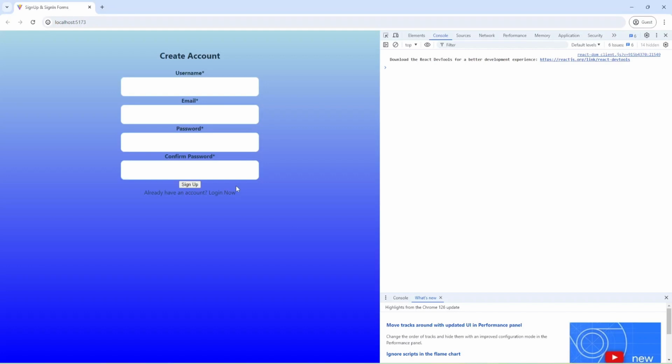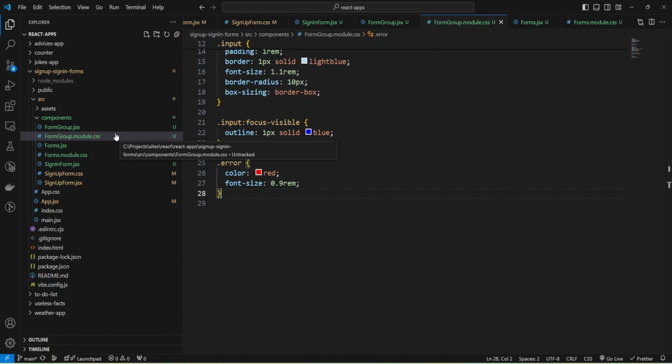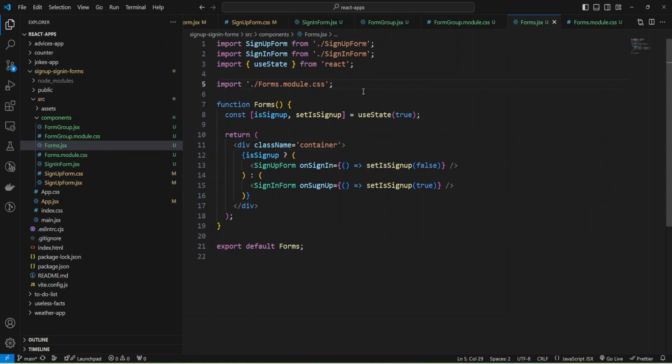Okay, and let's check what we have. And as you can see, we have styles for our form group, but we don't have styles for form or button. That's because we haven't imported and adjusted our styles in forms. And I'm going to import my styles, and I need to adjust it here. Import styles from forms module, and provide class name. It will be styles container,